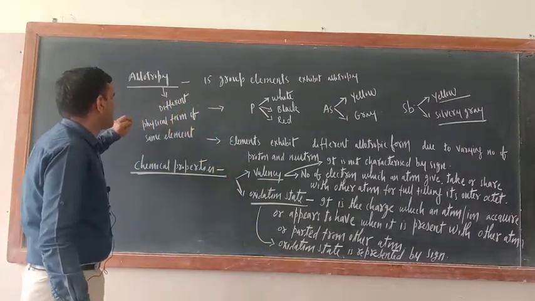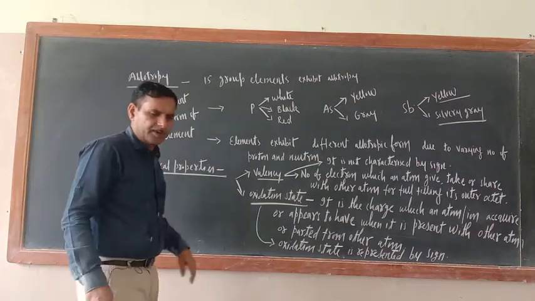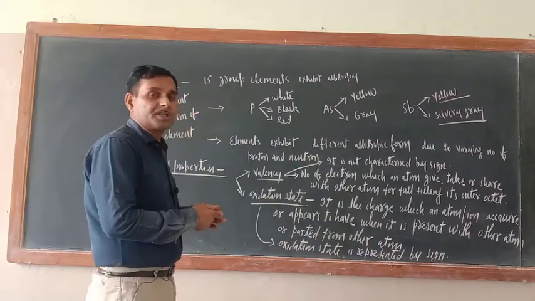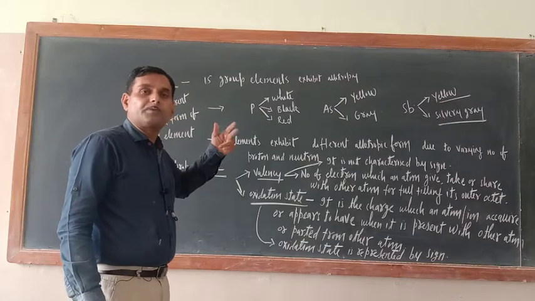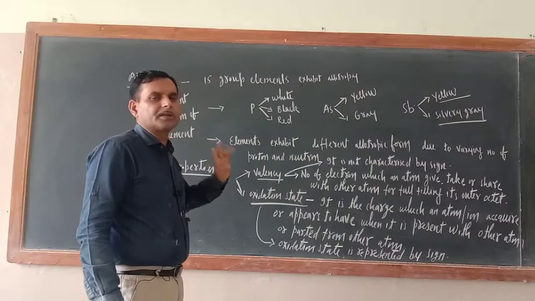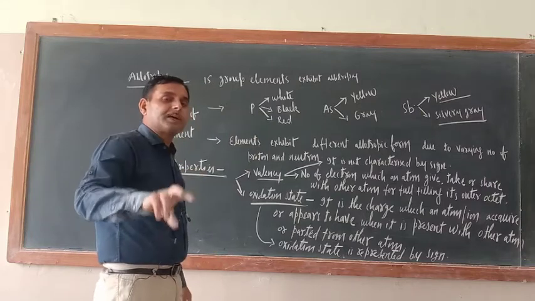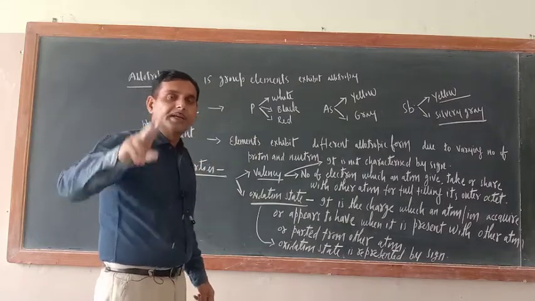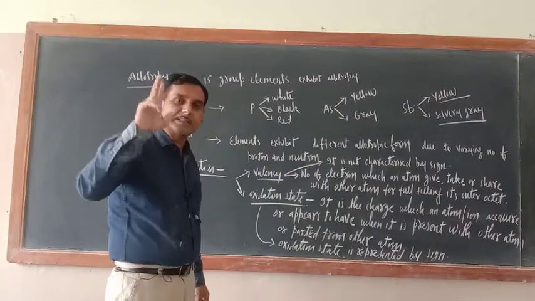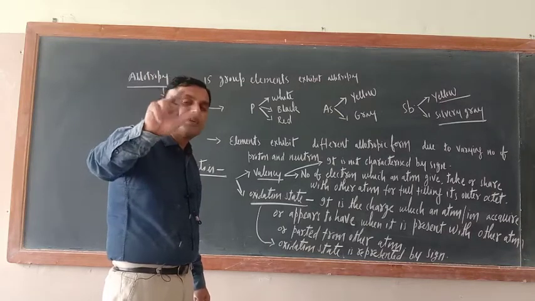So the first thing is, what is allotropy? Different physical forms of the same element, okay. You are not unaware about this thing. You know the allotropic forms of carbon, diamond and graphite, okay. Diamond and graphite, these are the two allotropic forms. If you see carefully, diamond and graphite are different physical forms of the same element, that is carbon. Different physical form, not chemical form, physical form.